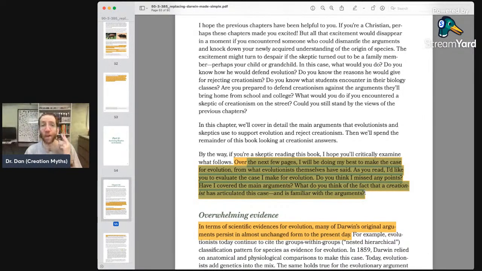Number 2, we can observe these processes. The processes that evolutionists say get you from a prokaryotic most recent common ancestor for all cellular life to extant things, we can observe those processes happening in the world right now. Things like endosymbiosis. We could observe in the lab things going from unicellular to multicellular. Right? We can observe these things happening. 3,